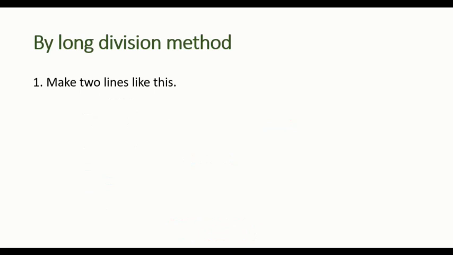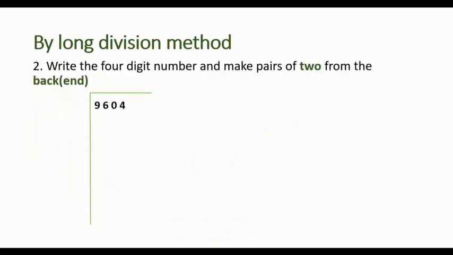Let's find the square root, this time using the long division method. So our first step is making two lines like this, one on the top and one on the left hand side of the same. The next step is to simply write down the number in between the two lines, and starting from the rightmost number, let's count in pairs of 2 and put a bar on each pair. I repeat, from the rightmost side, let's count two numbers and make it a pair and put a bar on the head of every pair like this.